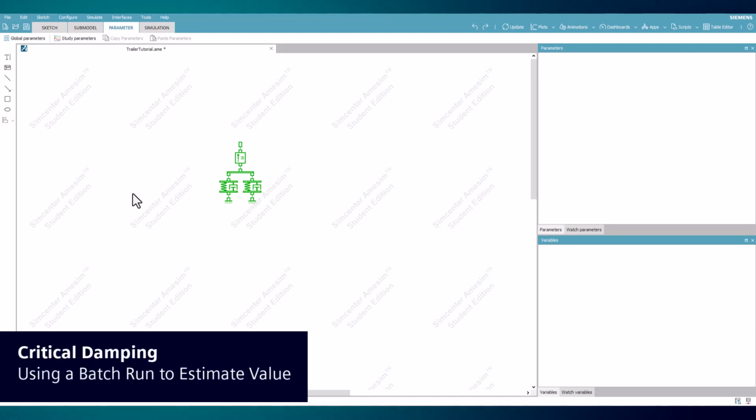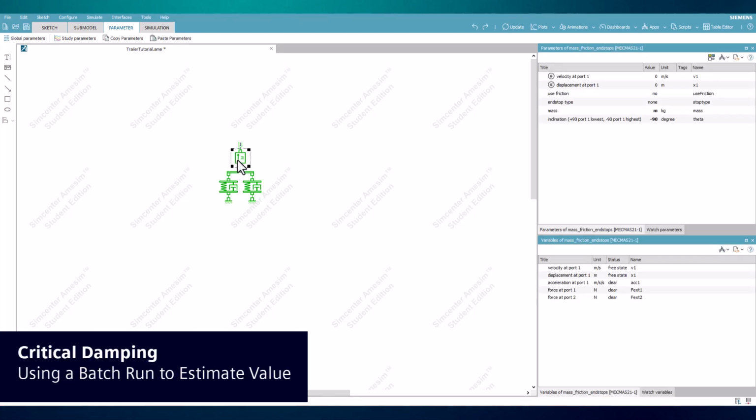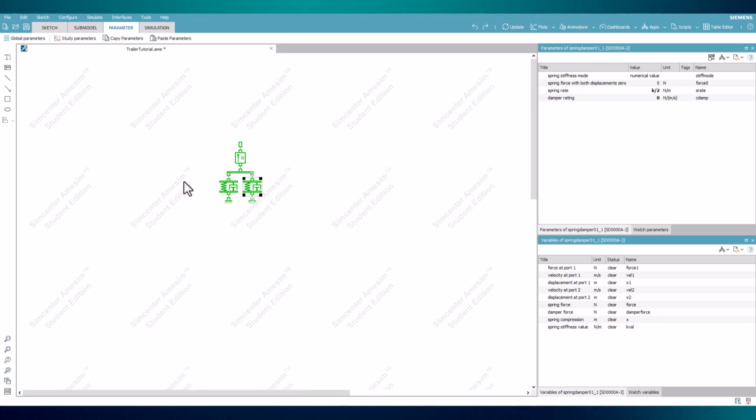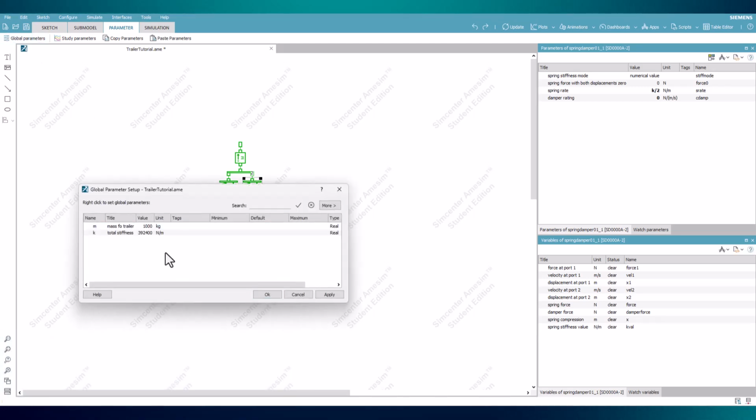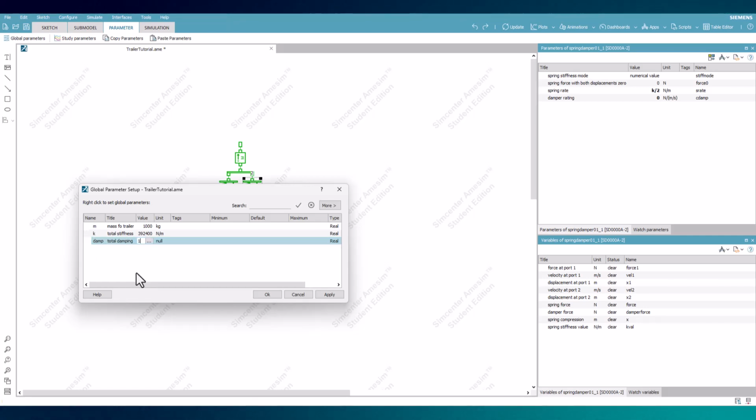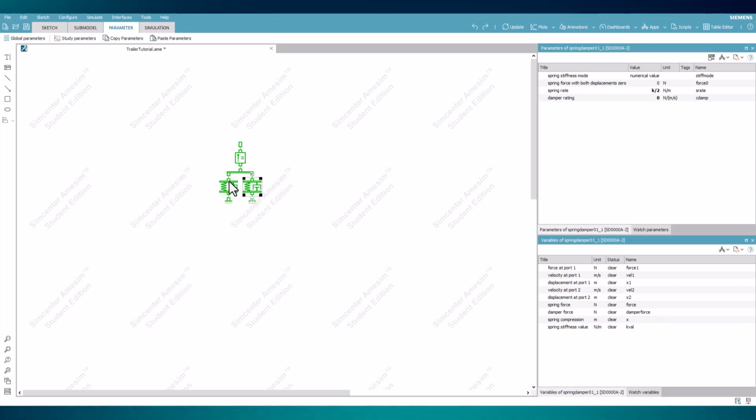The critical damping can also be found within AimSim, beginning with the same model and parameters that were created at the end of part 1. Open the Global Parameters menu and create a new real parameter with the name damp that will serve as the damping value of the total system. The parameter's initial value can be set to 10,000 as a placeholder for now. Within the spring and damper components of the model, change their damping value to half of this global parameter created.